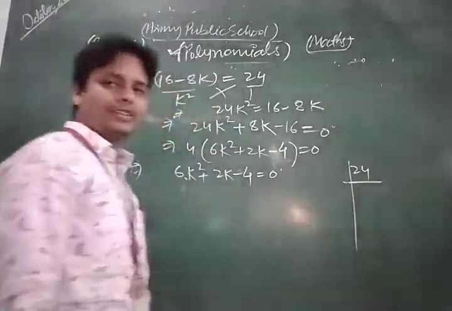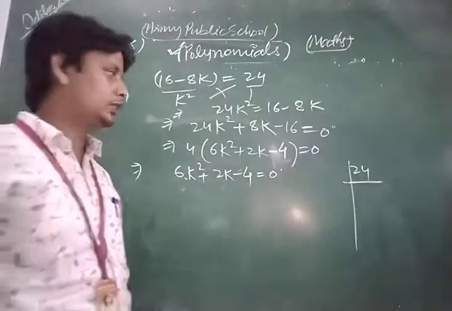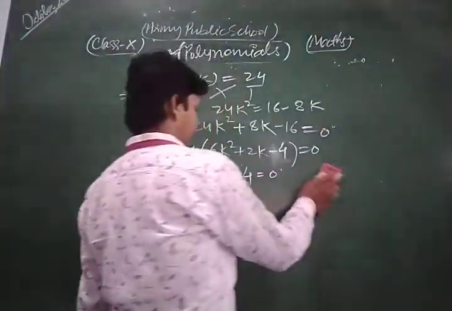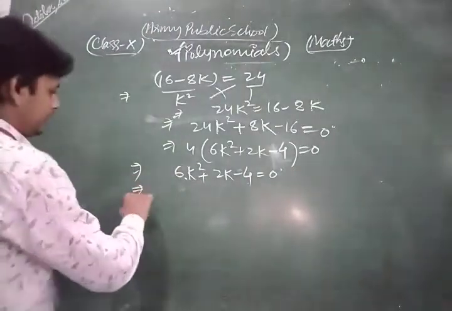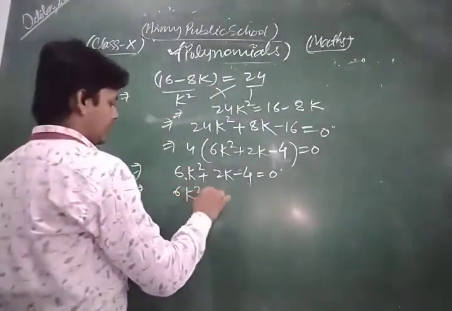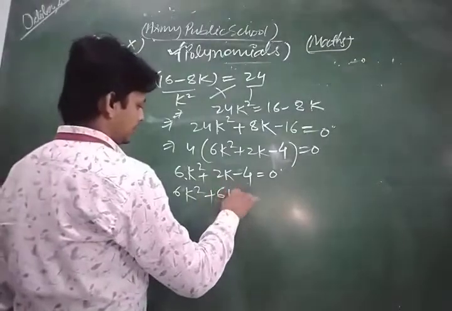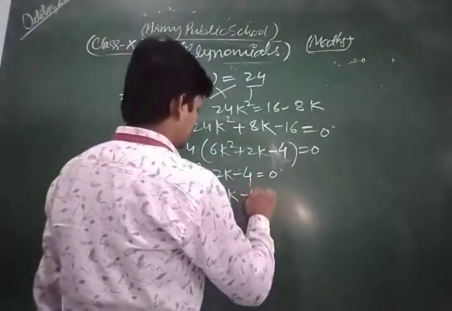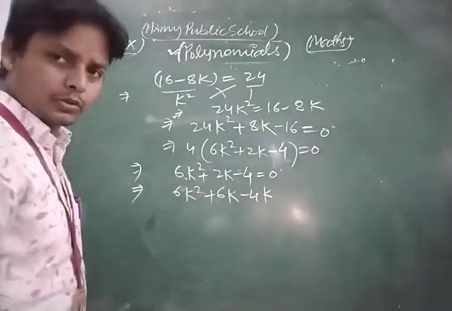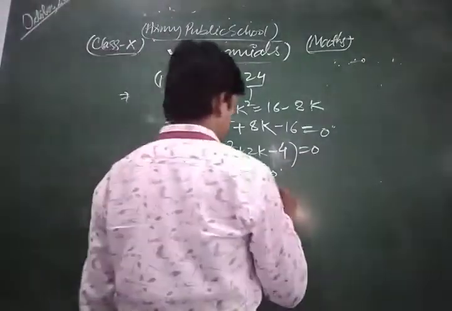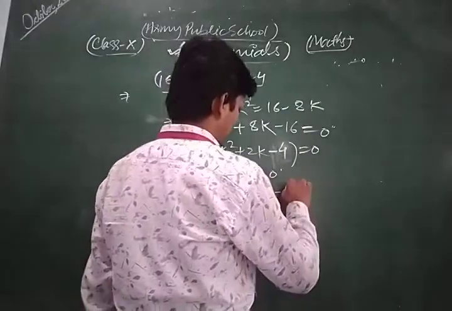Now we take 6 into 4. We take two factors as 6 and 4, whose product is 24 and whose difference, 6 minus 4, is 2. So now we can write this as 6k square plus 6k minus 4k, because 6k minus 4k is plus 2k. Then 2k is left here, minus 4